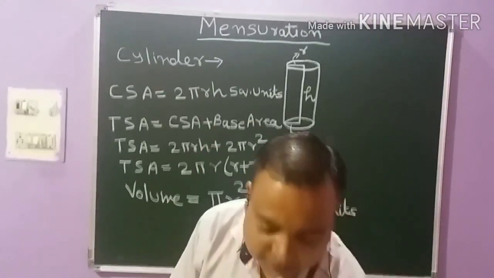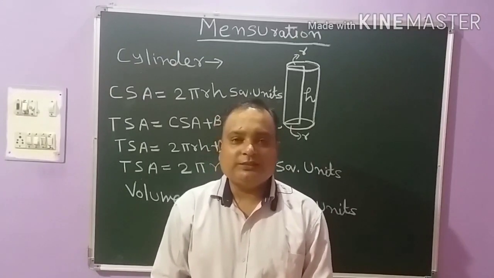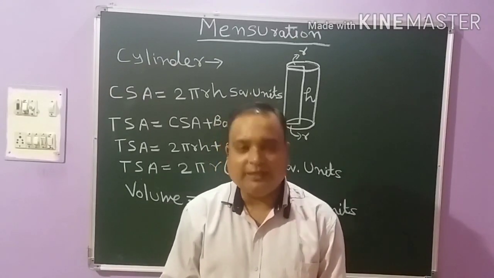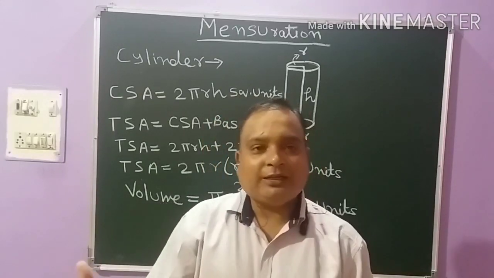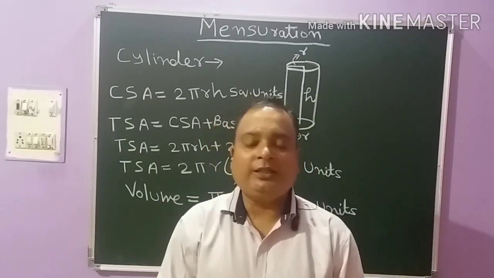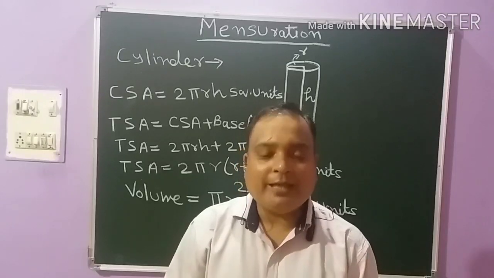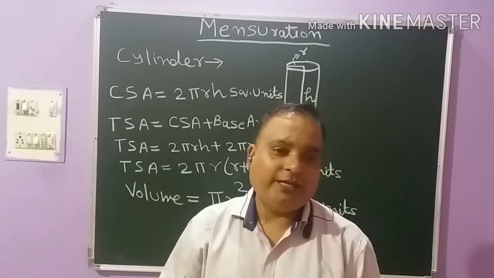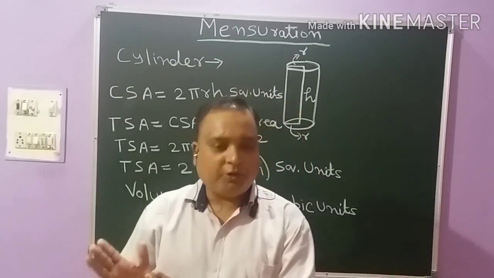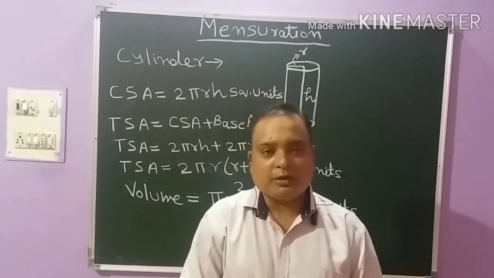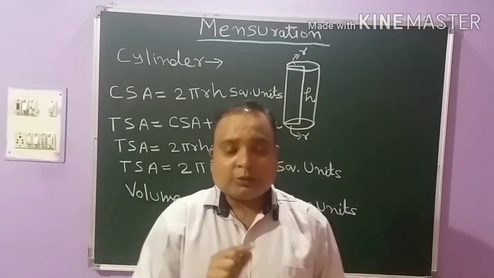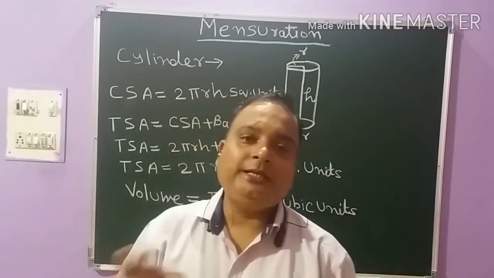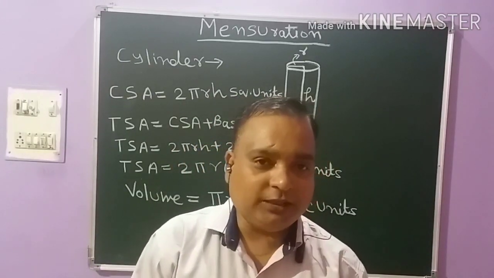Simply we can say, the gas cylinder that we use at home is also an example of a cylinder. Our iron pipe, the water pipe through which we transfer water from one place to another, is also the best example of a cylinder. In a cylinder, the base area of the top and the base area of the bottom are both equal. So the circular area at the top is equal to the circular area at the bottom.